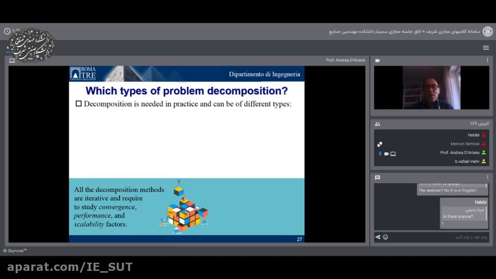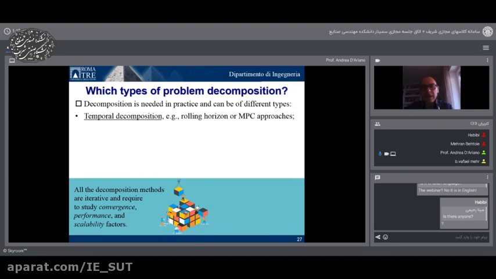Now, the trick to solve a real world instance, the trick to solve a practical size instance, is problem decomposition. Problem decomposition will give you the power to speed up the convergence of your algorithm, to improve the performance, and to improve the scalability. What types of decomposition exist in practice, and what types exist in this particular field of research, and were successfully used? The first one is